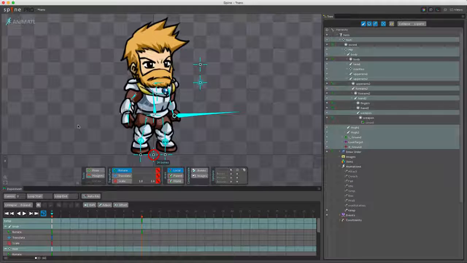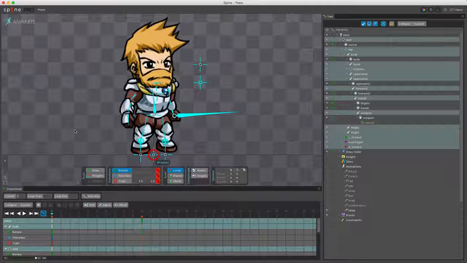So the most efficient approach is to have the programmer reset the skeleton's bones to the setup pose before applying an animation. For attachments, the programmer could choose to reset some or all of the slots to the setup pose when an animation changes. Okay, so with that out of the way,